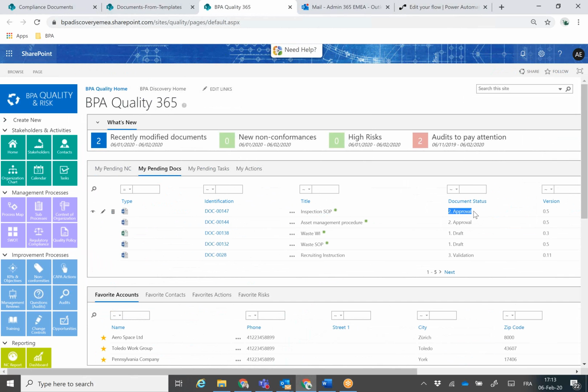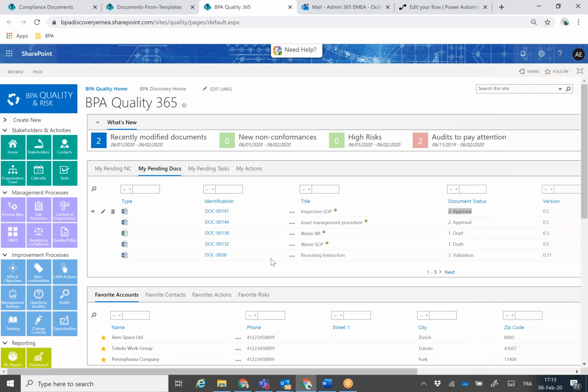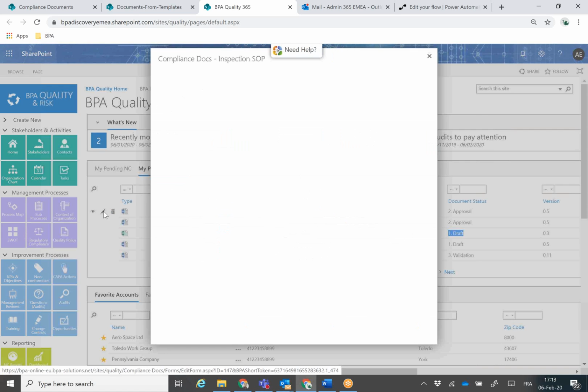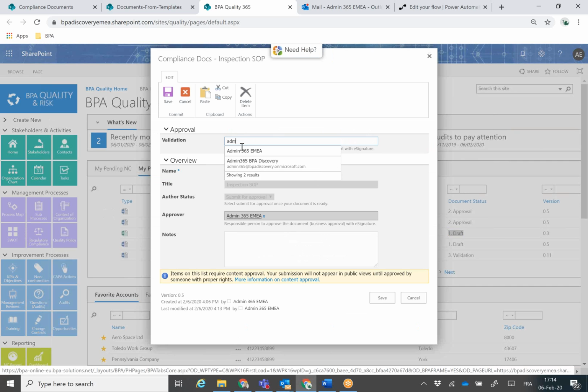You see the workflow has been triggered now, and I can see that because I'm the approver here, I have my pending documents to approve or validate, or maybe to work on as a draft, right? So what I have to do here, I can do several things directly from my homepage. I could, for example, update the document attributes, maybe select here who should validate this document once I have